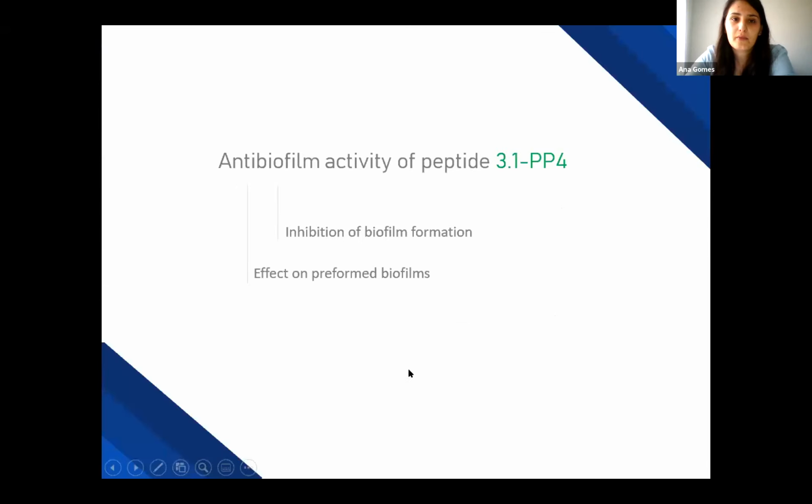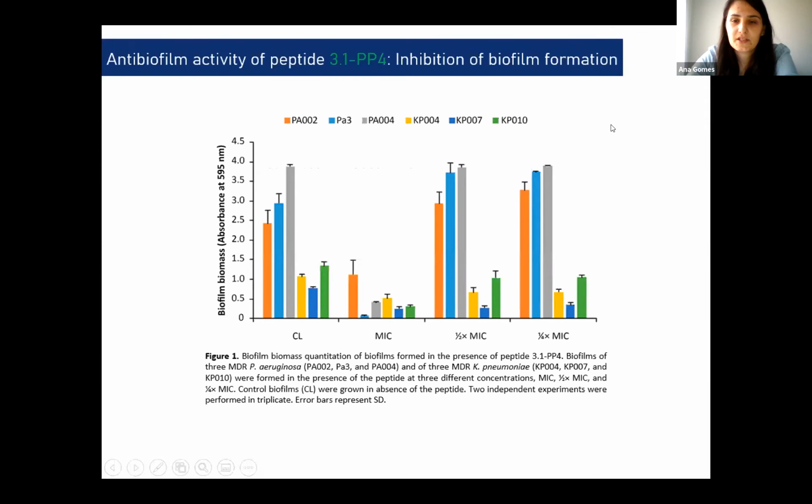So since the bacteria are present in the wound in biofilm form, we assessed the antibiofilm activity of the peptides, and we made it in 2 different ways: the inhibition of biofilm formation and the effect of peptides on preformed biofilms. In inhibition of biofilm formation, we used clinical isolates from Pseudomonas aeruginosa, since it is a great biofilm former, and Klebsiella pneumoniae, since it's also a better biofilm former than E. coli. So the results are expressed in biofilm biomass formed in the absence and in the presence of the peptide